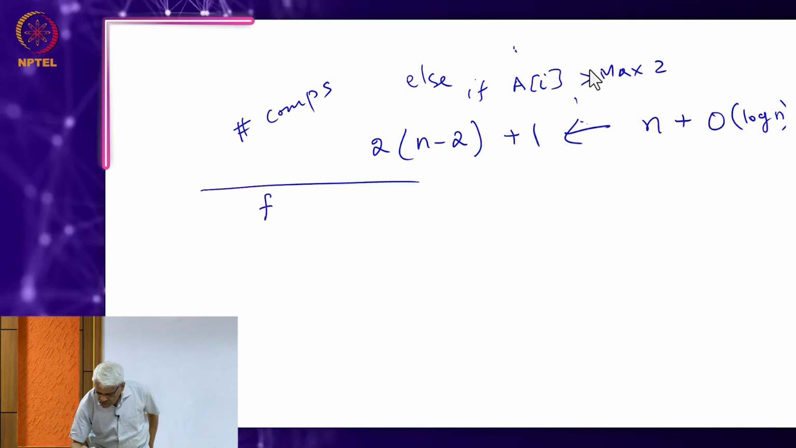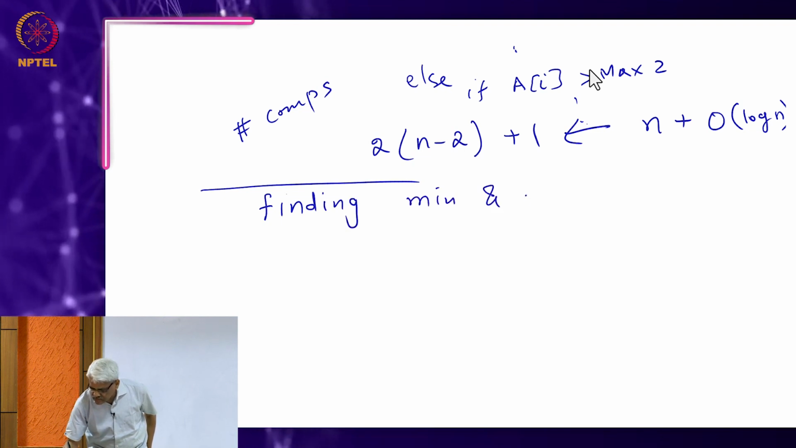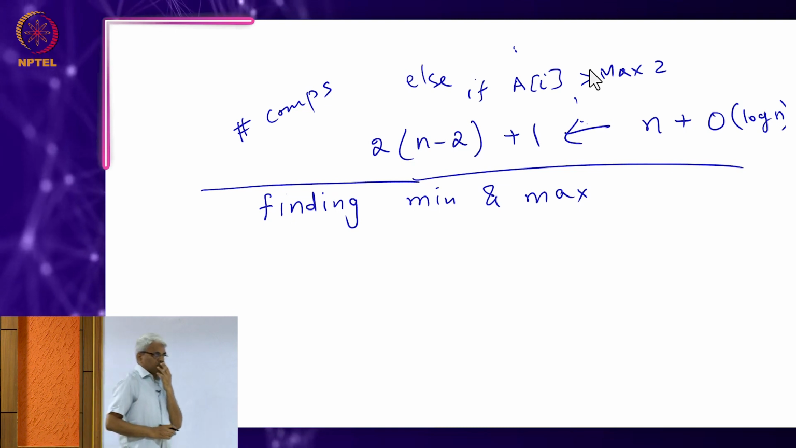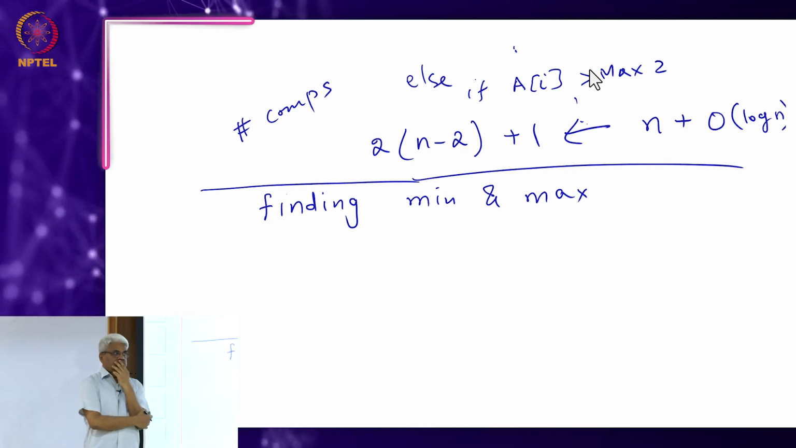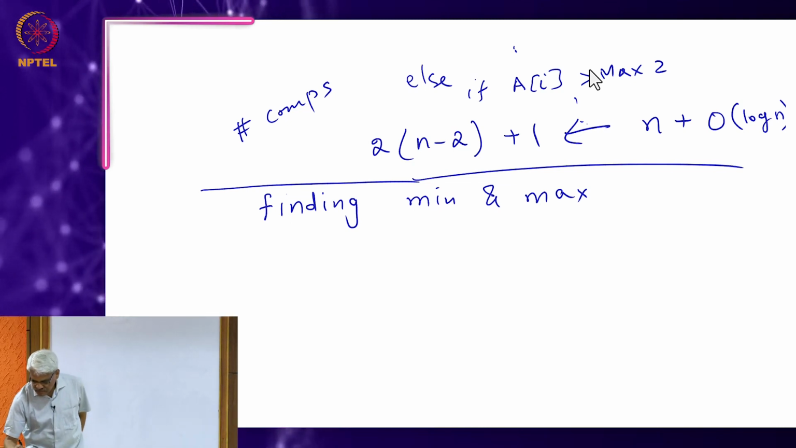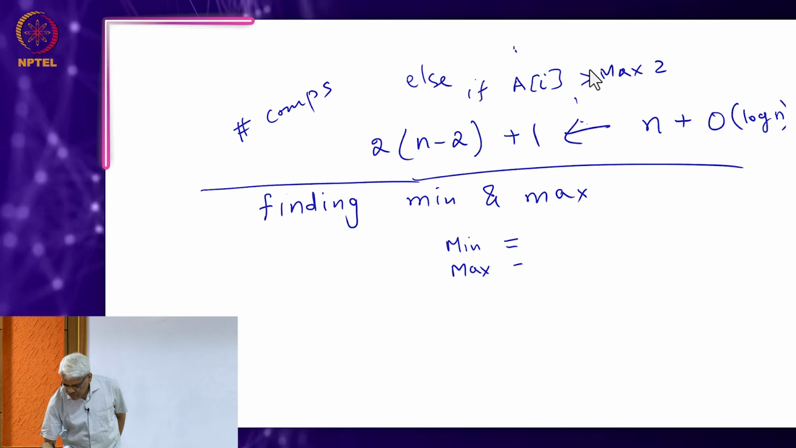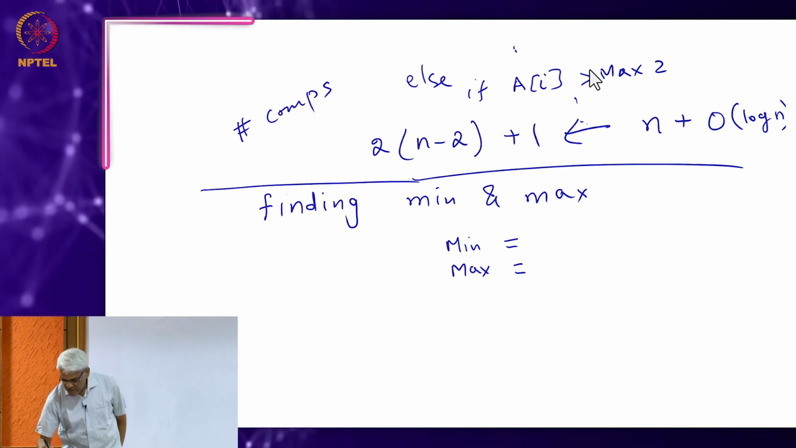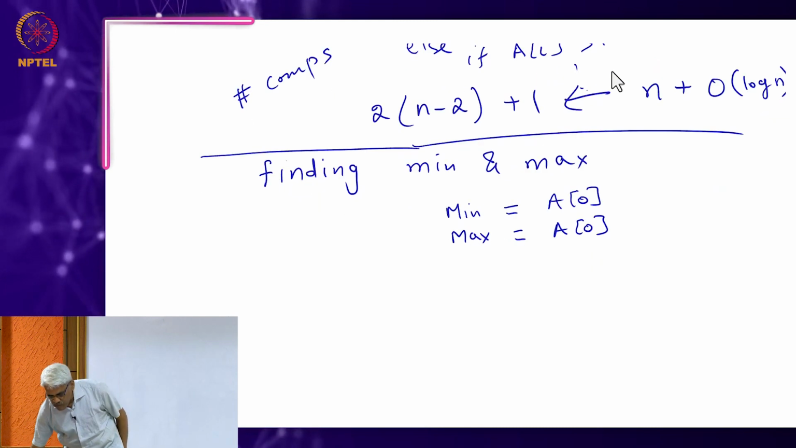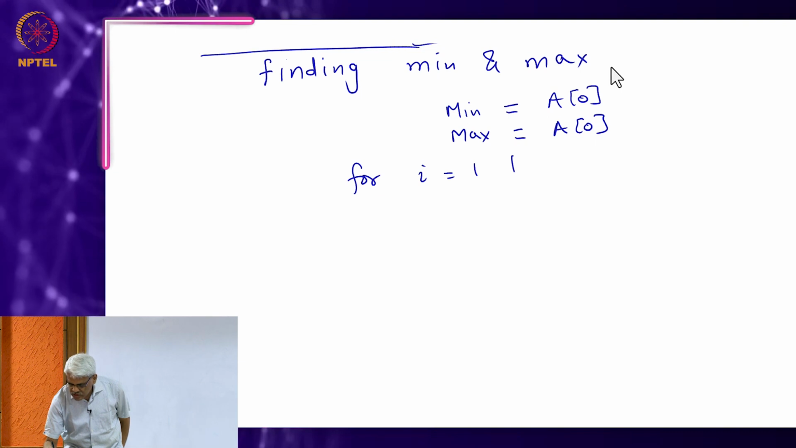Let's do one more. Suppose I want to find min and max. So what will you do? Okay, so you'll have two variables, let's say min and max. What do you want to initialize to? First element. Now you say for i going from 1 to n minus 1,